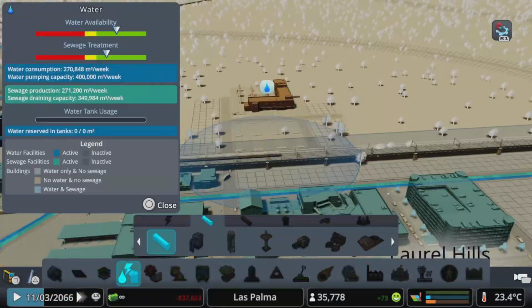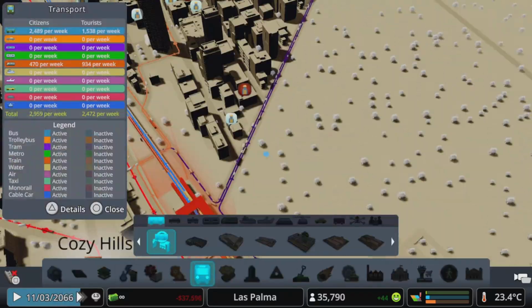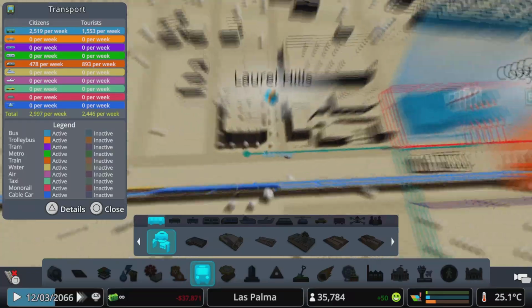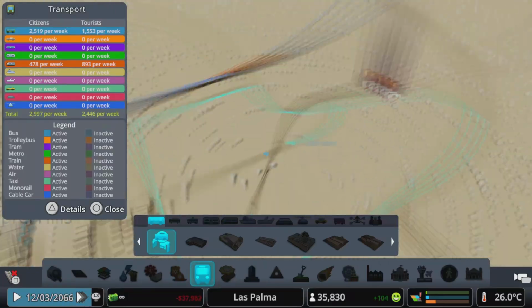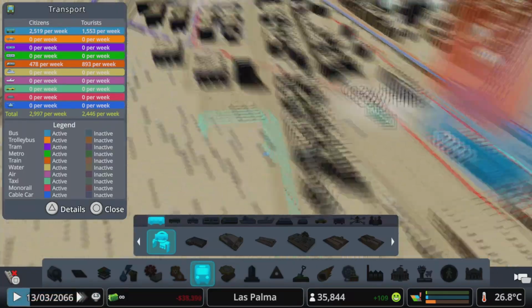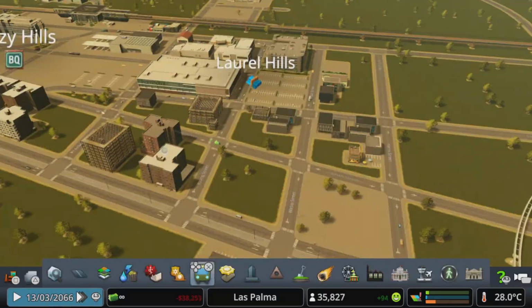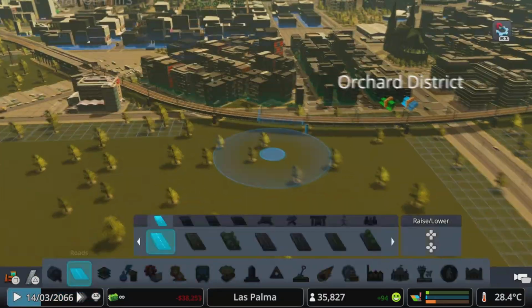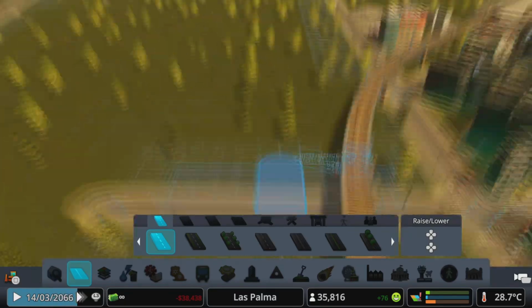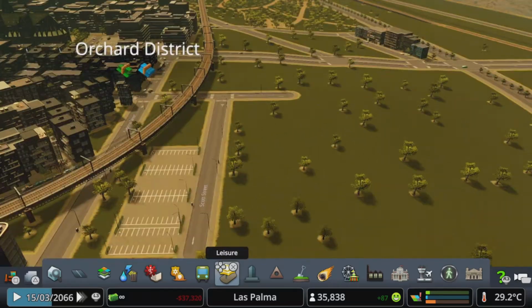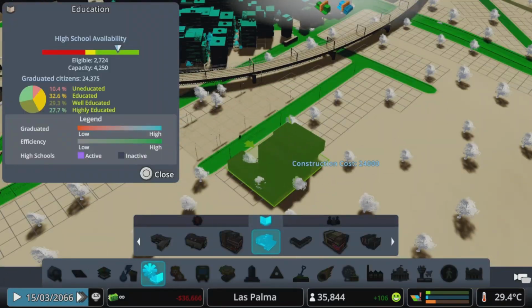That will help bring some people away from our one and only high school and elementary school in our city, and we're well overdue for a new high school and elementary school. So I just added in those, which will bring the people that live over here to go to those. Added in bus lines for both the schools. And then, to help with even more of that, I added in another high school and elementary school complex